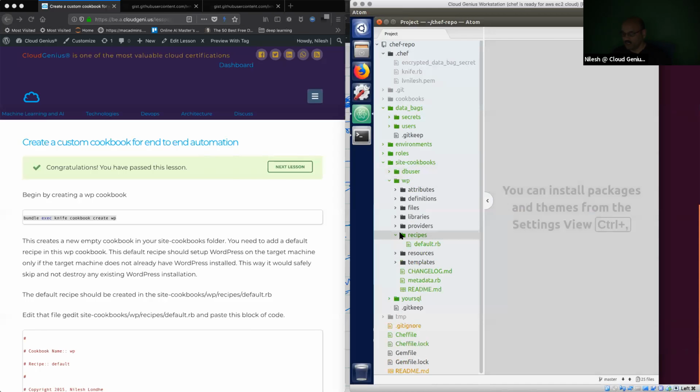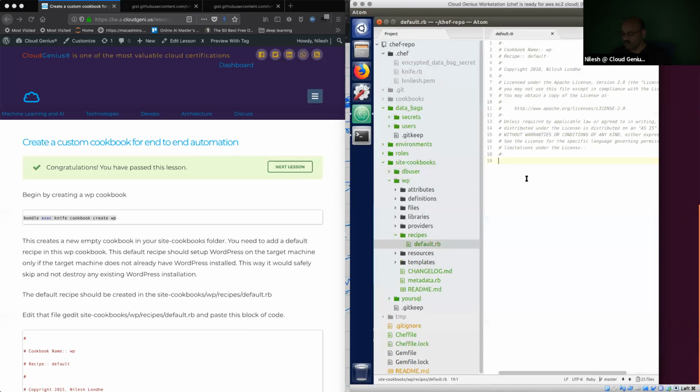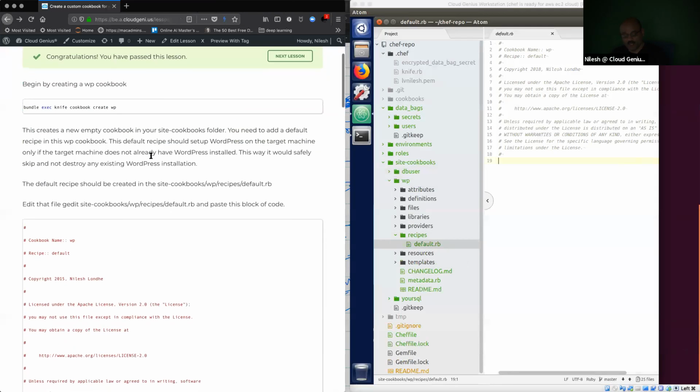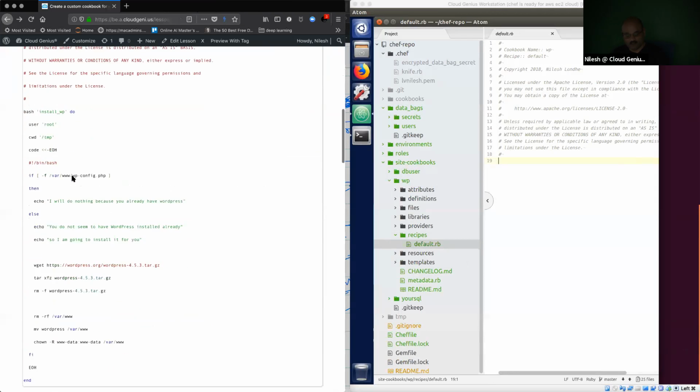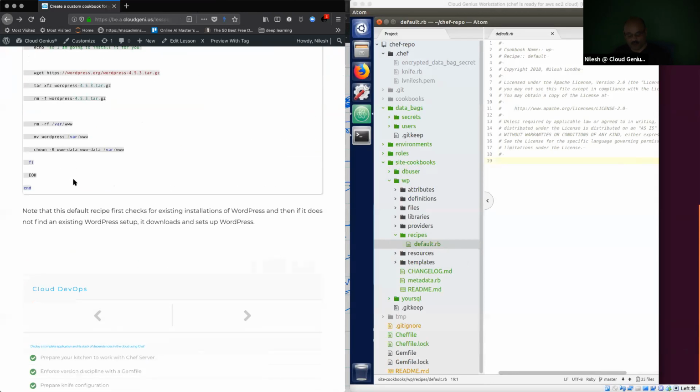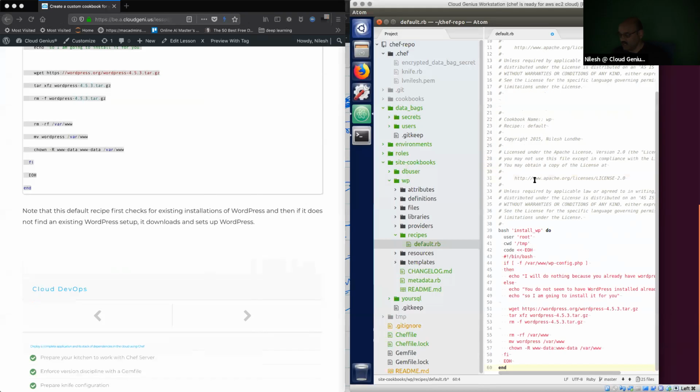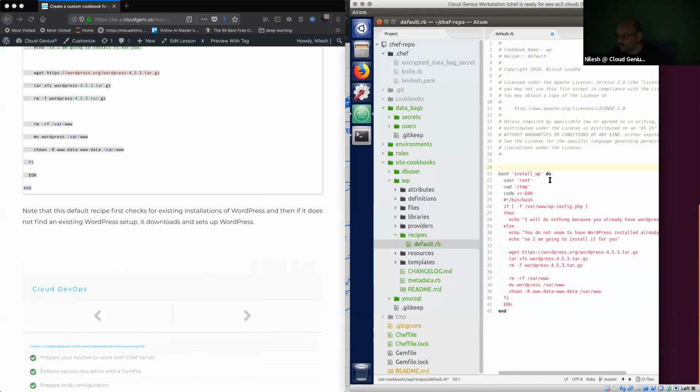And there we have recipes, and in that we have a default recipe, and we want to actually do something that we did by hand. We want to do that same thing this time by shell script, or rather Chef cookbook. So what we're doing is, in that default recipe, we are basically grabbing this and dumping it in here, and then reading it and understanding what it does. And you will see what it does is basically the same thing that you saw before, which is to invoke